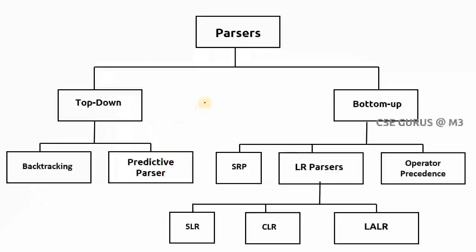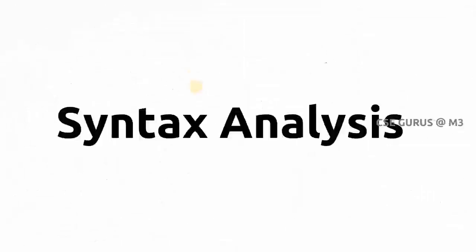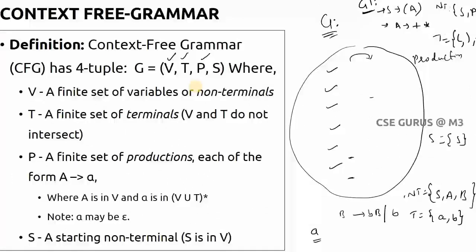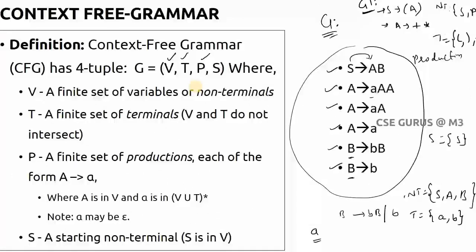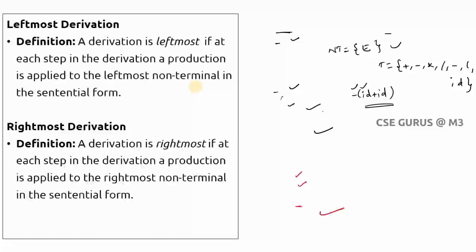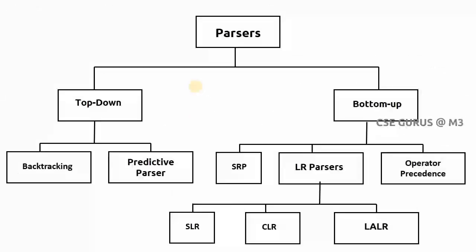In our previous video lecture we have seen what is a parser, what is syntax analysis, and what is the role of parsers, and what is context free grammar. We have seen how the grammar can be given and how to derive. Of course we have seen what is sentential form and leftmost derivation and rightmost derivation with examples. Then ambiguous grammar, what is ambiguity. So like this we have seen some basic concepts which are required when you want to learn parsing techniques.